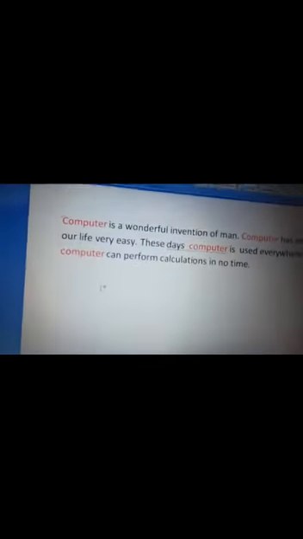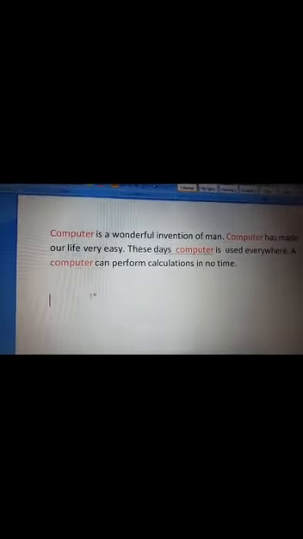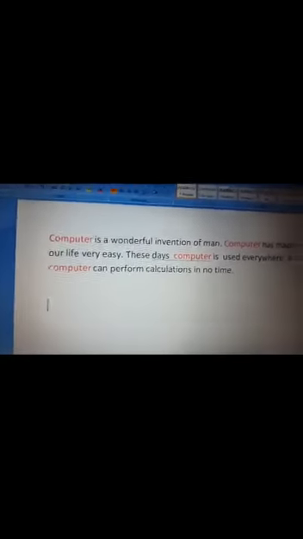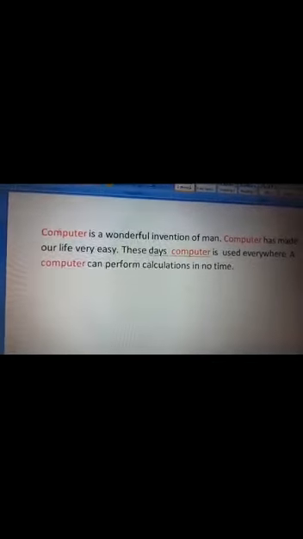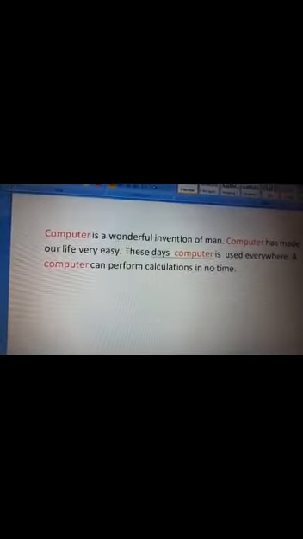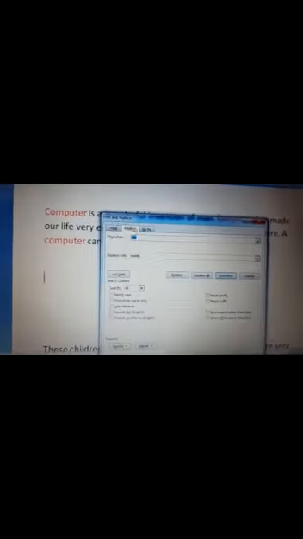Next option is, students, replacing the text. Replacing the text, what it does, we can replace the words or phrases with any alternate text. Now I will come back again to the first paragraph. Here now the word is computer, but now instead of computer I want certain other word to come. Suppose mobile. I want mobile to take place of computer. What we will do? Again we will go to the editing group. In editing group now we are going to select replace. Now this find and replace dialog box opens.